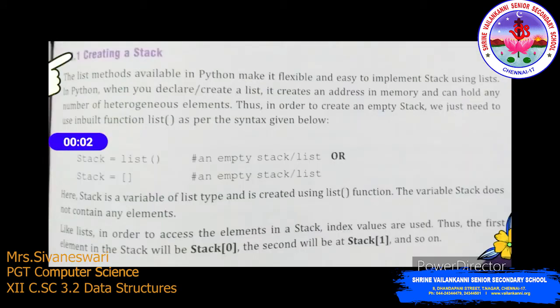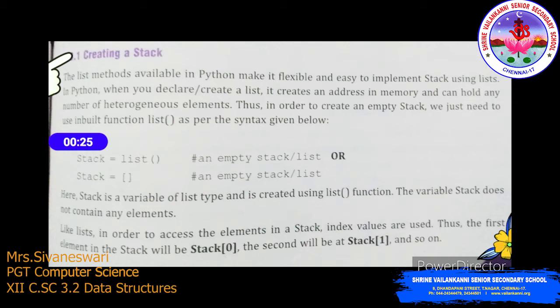Now creating a stack, that is the first step. Since list can hold any number of heterogeneous elements, we implement stack using list. The syntax is as follows: stack is equal to empty list, that is square brackets. This will create an empty stack.